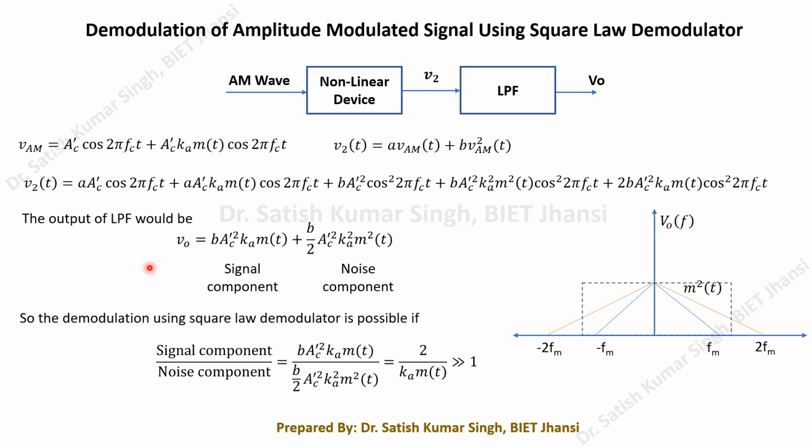Now after this topic, as I said, there is one more very popular demodulator that we generally use for conventional AM, which is known as the envelope detector. So that we have to look at: how this envelope detector works.